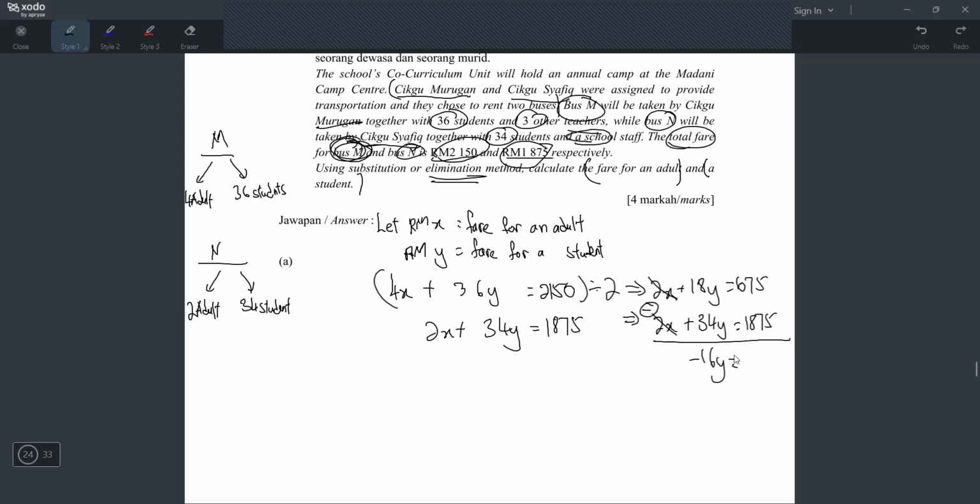Negative 800, negative 800. And then finally, how to get y? You have to take negative 800 divide negative 16. Okay, so I get 50. So y is 50. Oh, by the way, when you move the negative 16, it becomes divide. You don't say minus becomes plus. No. The relationship here is multiply becomes divide. Okay, now that we got y is 50, you can substitute in to find x.